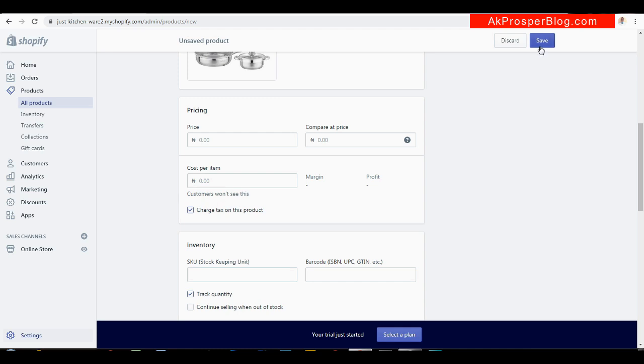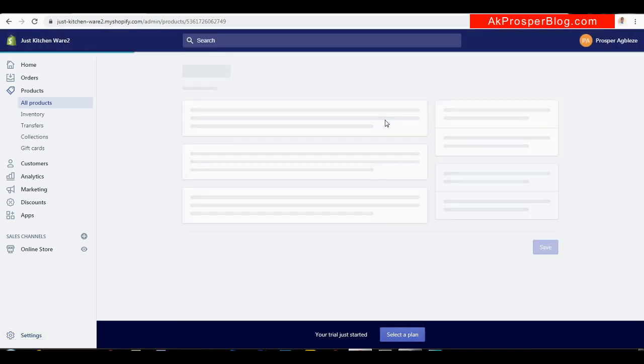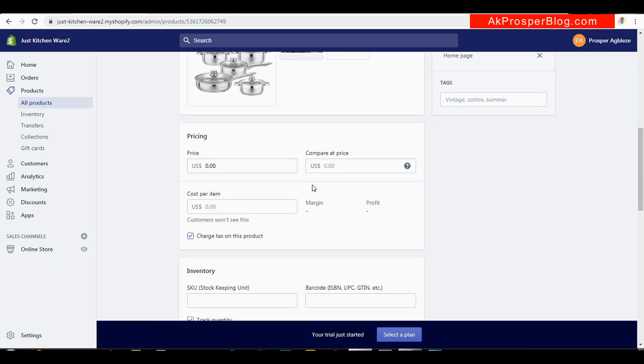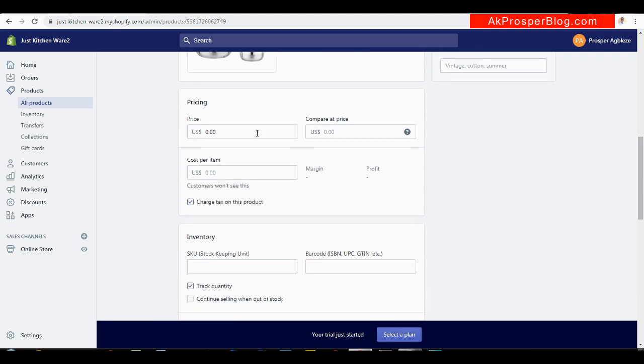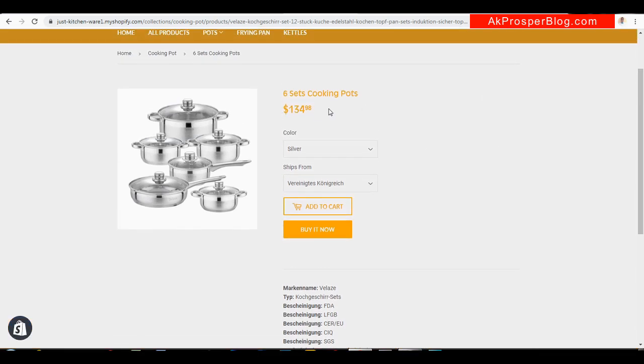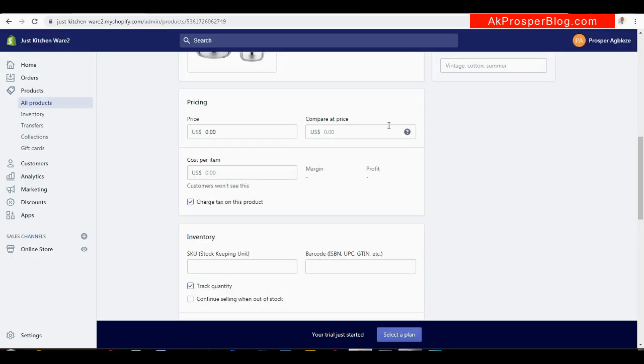Now first let me save, so that I can refresh, and the currency will take effect. Okay, you can see once I save, the currency has taken effect. So for the price, let's see what the price is we are having here. So we're having $134.98. So let me add the price,